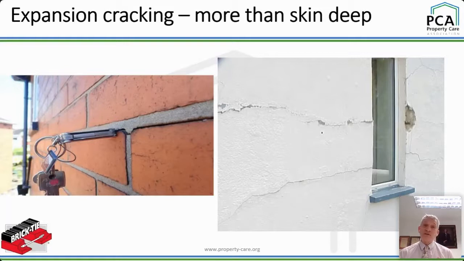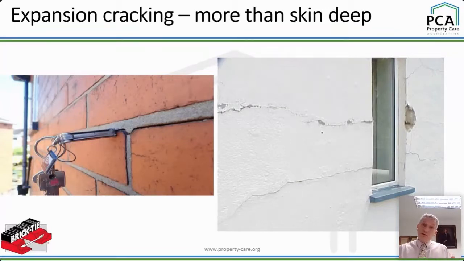When the outer leaf starts to expand, and it only needs to expand a few little millimeters, you will get the load being transferred to the roof. And this is why sometimes on hitched roof houses you will see horizontal cracking, step cracking at the corners, and you might start thinking to yourself, oh, they've got a roof spread problem, they've got other issues. It might have other issues, lateral restraint issues and such.